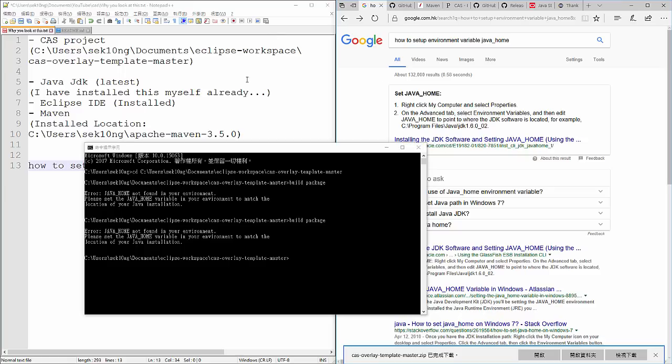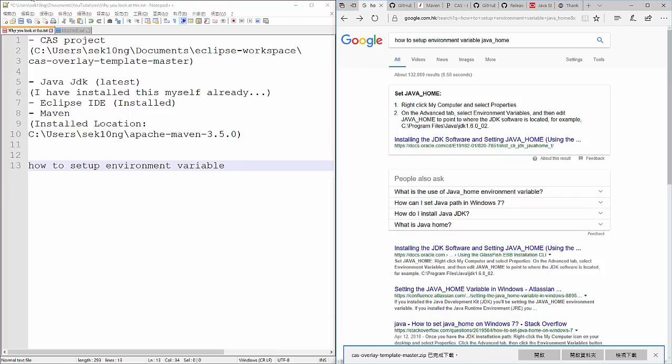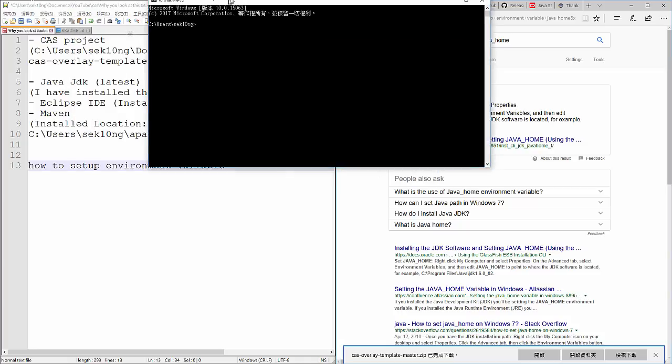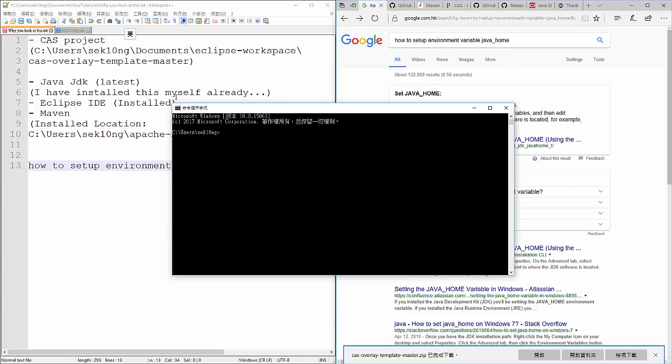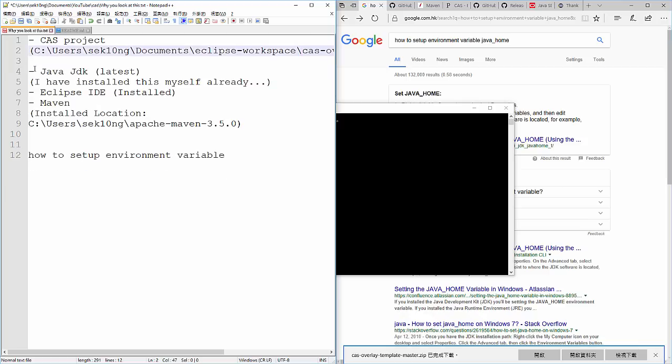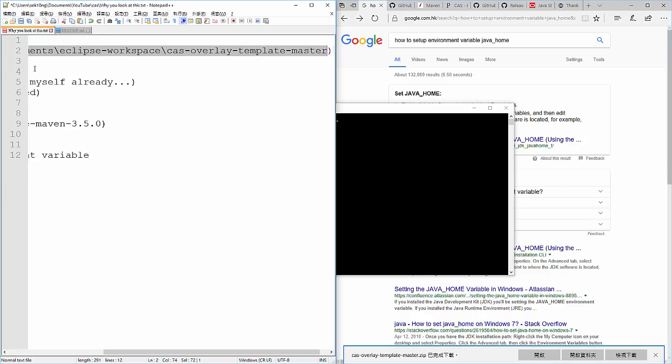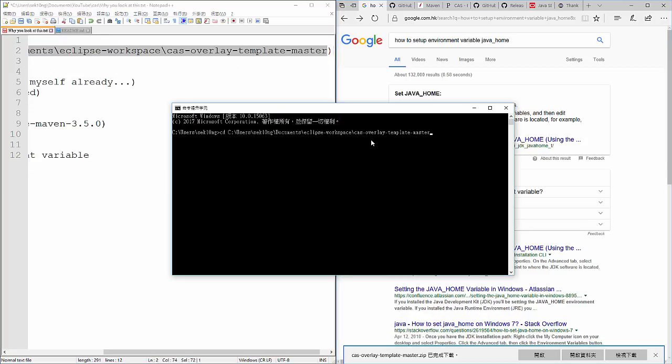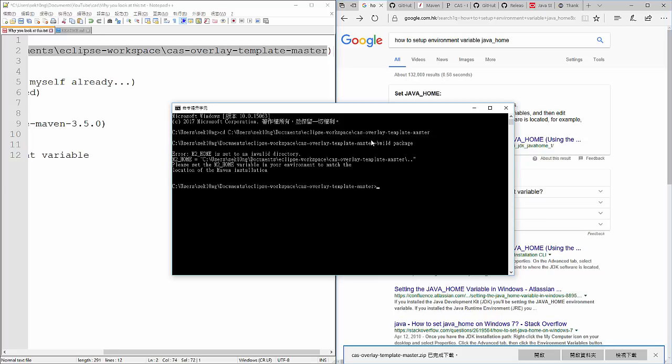Okay, after you have set up the Java home, you need to close the CMD and open a new one, because CMD is very stupid and will remember your environment path from before you did anything. Okay, not important. Now you go to cd again here and type build package again, and now M2 home is not set yet.